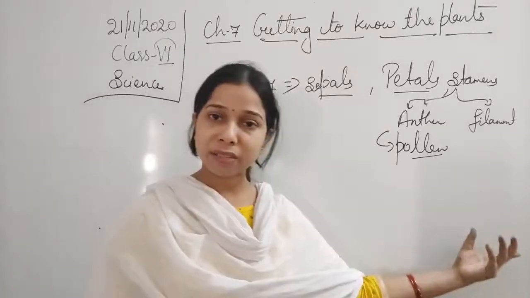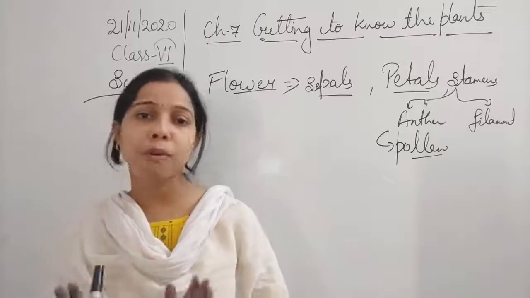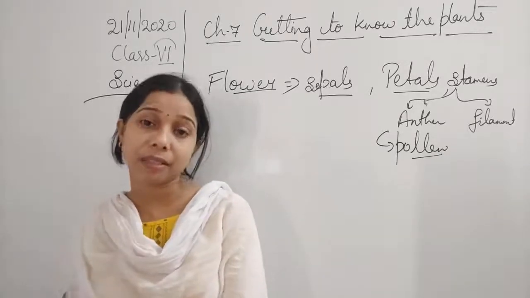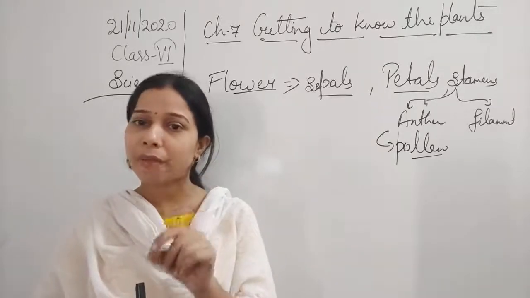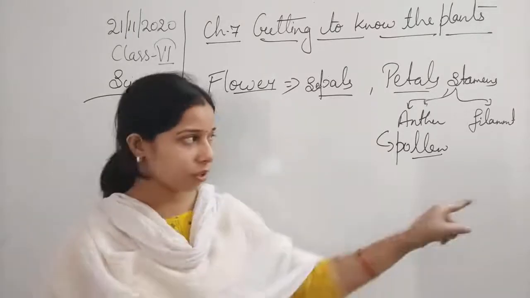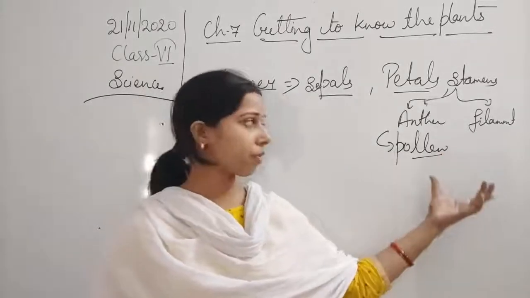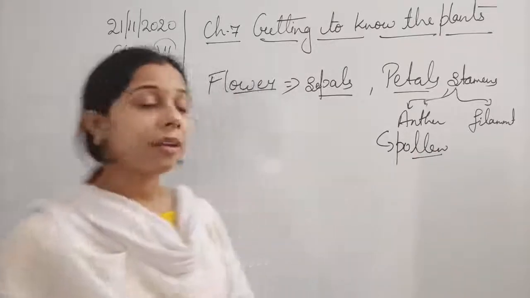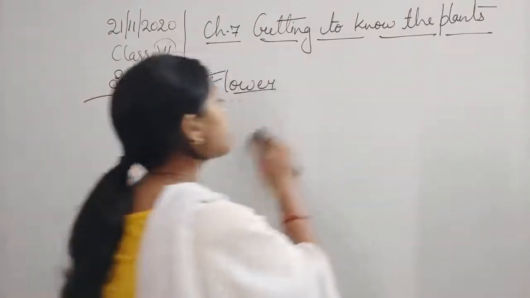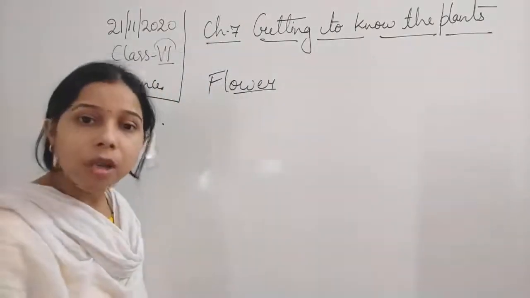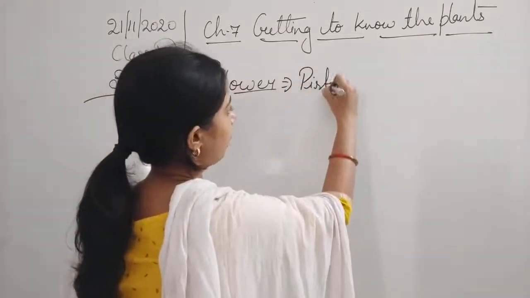When you look at the flower, students, there are a lot of stamens you can see in the flower, and these stamens are attached to the flower with the help of a stalk-like structure, known as the filament. In the anther, pollen grains are there. Now the next one is the female part of the flower, students, known as the pistil or carpel. So we can write it as pistil.